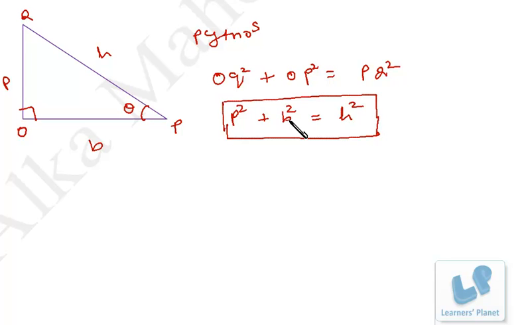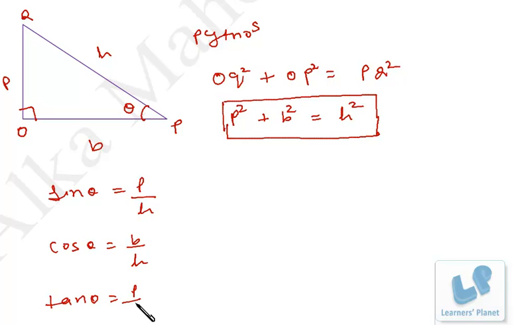So from Pythagoras theorem and all the 6 ratios which we are having, we will be deriving various relationships or various formulas, I can say, right? So how do we derive that? Just listen to me carefully. I write all the 6 trigonometric ratios once again over here. So just memorize them, and how to derive the relationship, just see it carefully. Now sine theta is P by H, cos theta is B by H, tan theta is P by B,